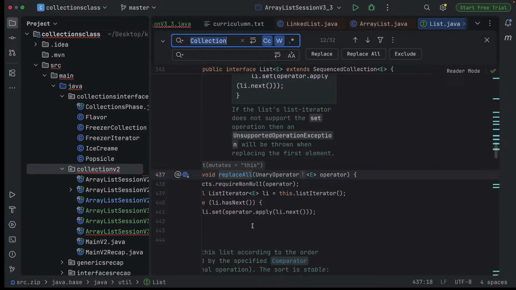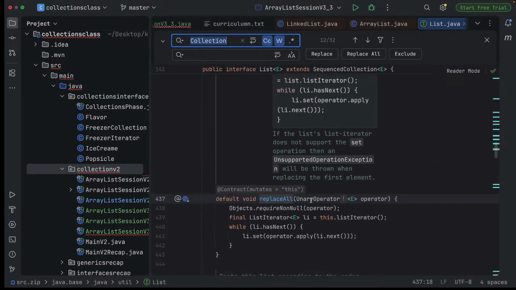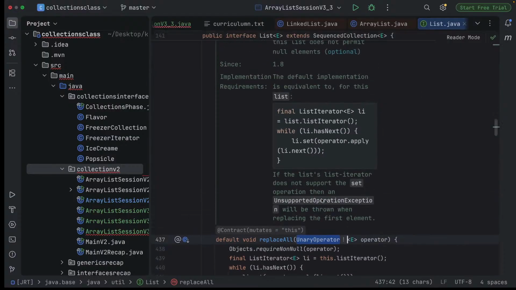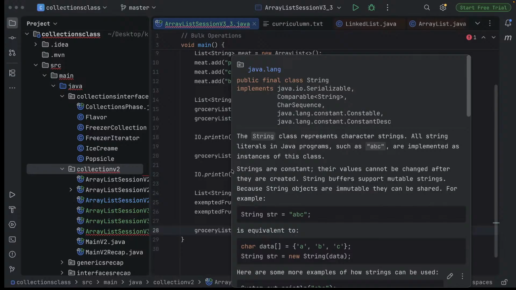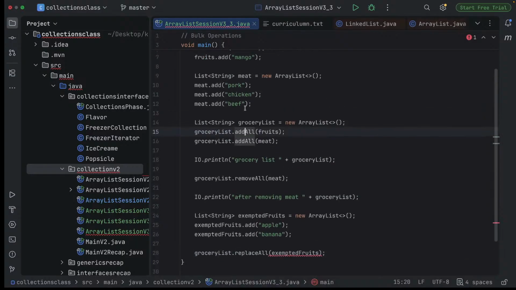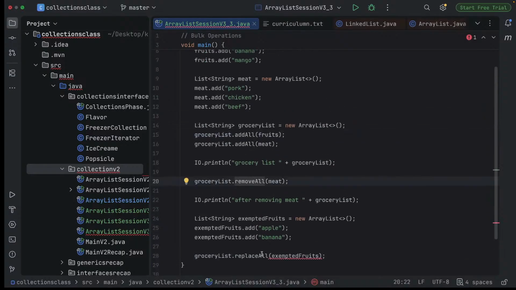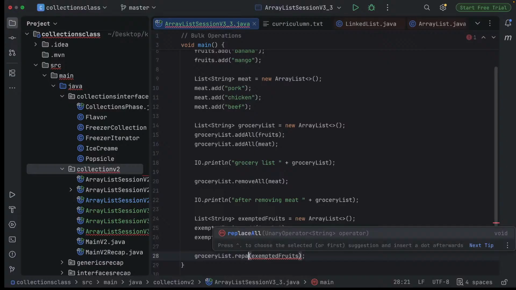Okay. Unfortunately, this leads us into another area that we might not be able to cover. Unlike addAll and removeAll, with replaceAll we can't just pass the list. Instead, we have to pass a condition. We have to tell it to check for this condition,